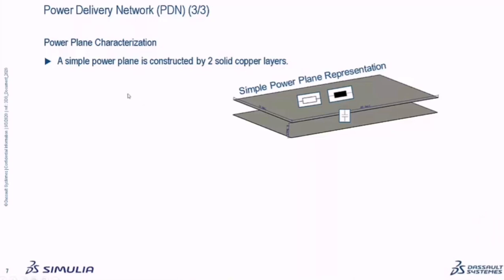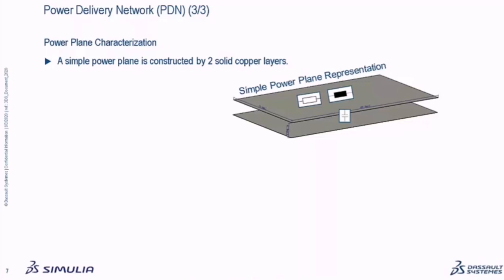And a more accurate approach, so here we only have a resistive component, 1 inductive lumped element, and a parallel capacitor which describes the parasitic capacitance which is created between these 2 planes. A more accurate power plane can be provided by the